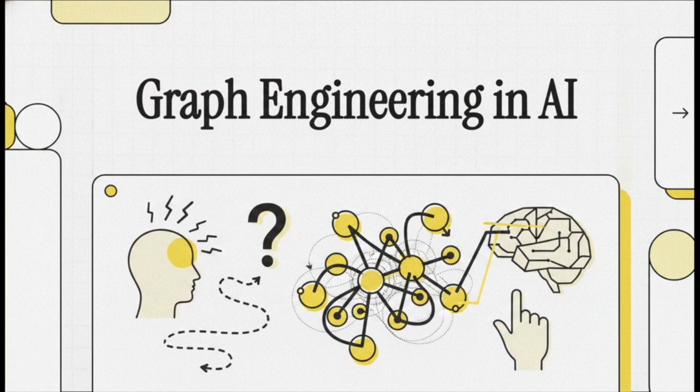Today we're taking a plain English, no-nonsense look at a fascinating article detailing what is arguably the biggest, most exciting shift happening in the world of artificial intelligence right now. For the past few years, we've all been totally mesmerized by AI that generates text by, well, essentially guessing the next word in a sequence. But the industry is hitting a wall. To get genuinely smarter, AI needs to stop just guessing and start connecting the dots. That massive shift is called graph engineering, and it's completely rewiring how AI systems process information.